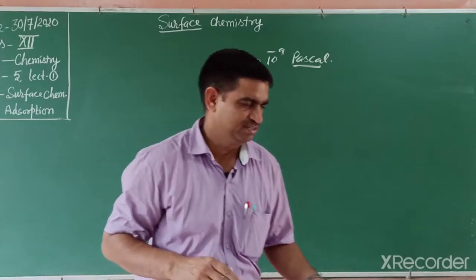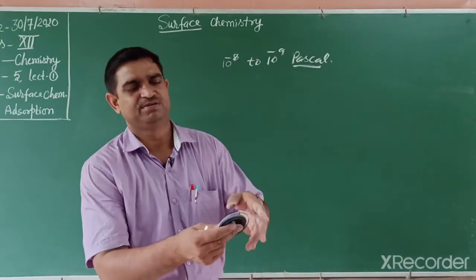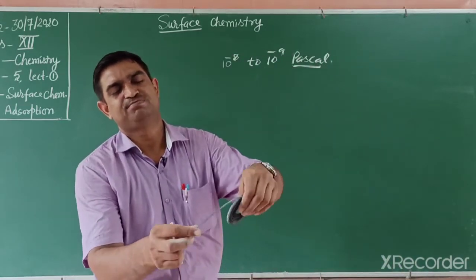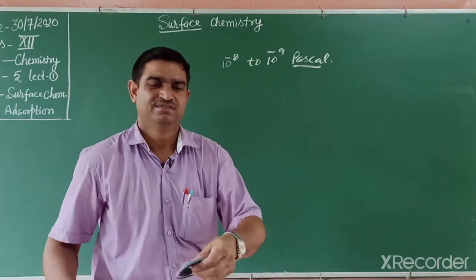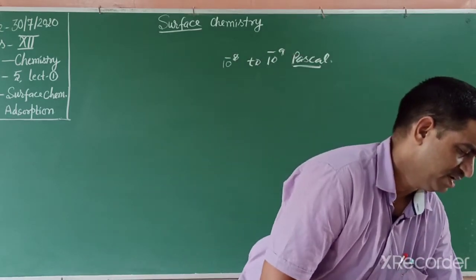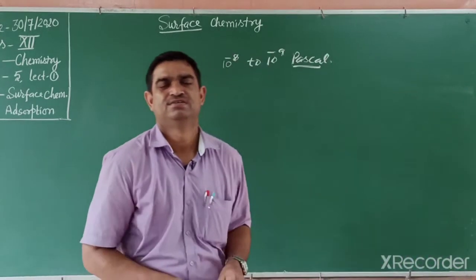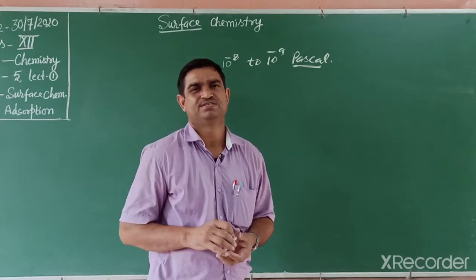Students, that is very difficult, and it is a natural process, like this magnesium ribbon. It appears black because it reacts with atmospheric air and forms an oxide layer, magnesium oxide. In this way, it is very difficult to get a clean surface.